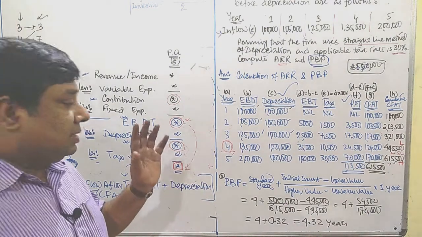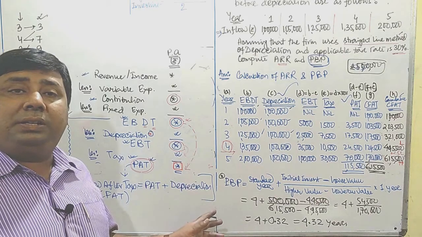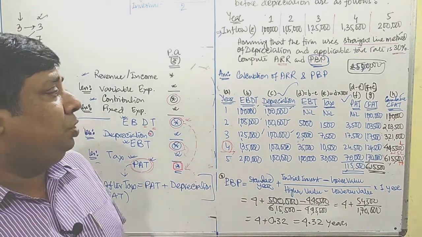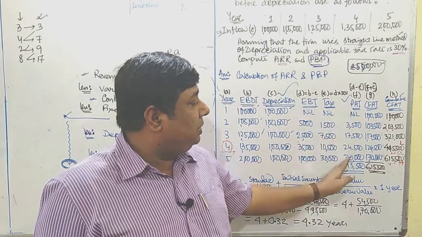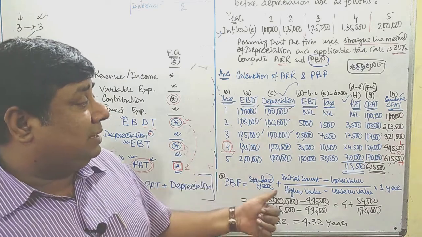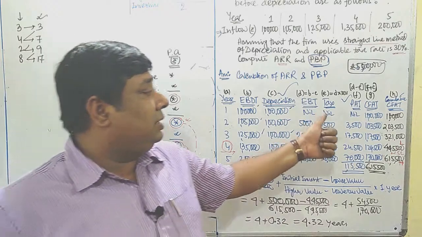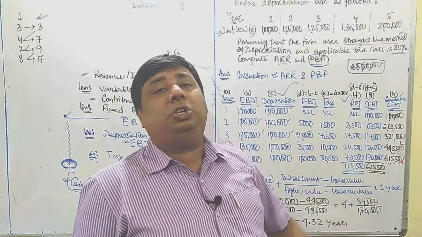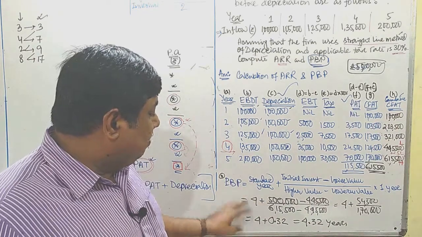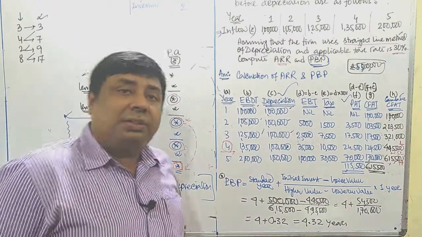Now again, it is asking us to calculate ARR and payback period. ARR I have already counted earlier, and after that I calculated payback period. As I said, to get ARR we need to focus on the PAT column, and we have calculated everything for ARR. Then for PBP, as I said, the CFAT column is important. First we plot that CFAT column. Once we get the CFAT column, we convert it into cumulative CFAT column as per the requirement of the formula, and finally we get the payback period, that is 4.32 years. Thank you.